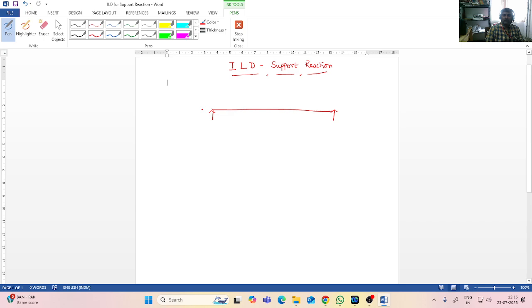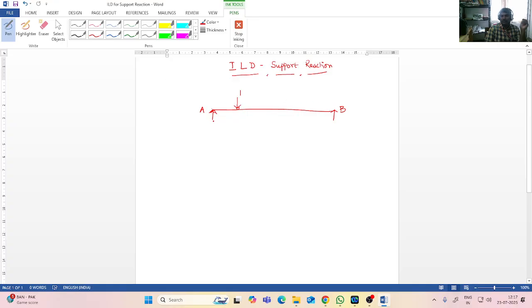Let this support be A, and this is B. ILD means, as we have learnt in the definition, that when one unit load travels or moves from A to B or from B to A,